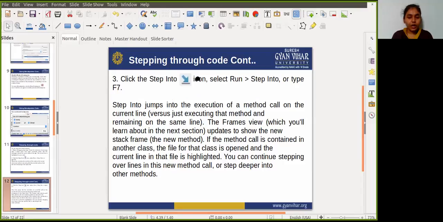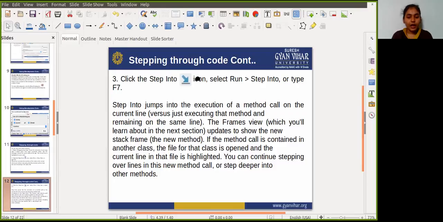So step into jumps into the execution of the method call on the current line. The frame view updates to show the stack frame if the method call is contained in another class. So the file for that class is opened, and the current line of that file is highlighted, so we can continue stepping over the lines in this new method call.